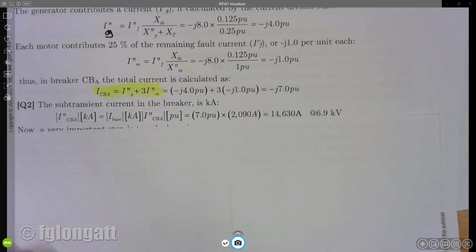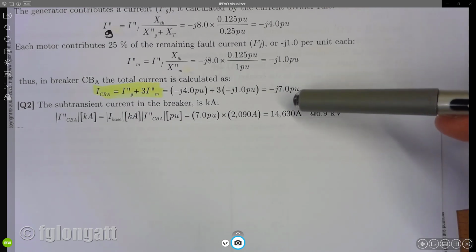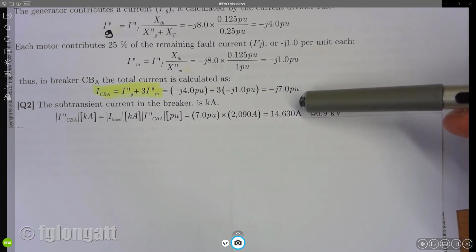Okay. Now that current, I need that current, but using real units. And using real units, I can obtain that current at 6.9 kilovolts. That current is